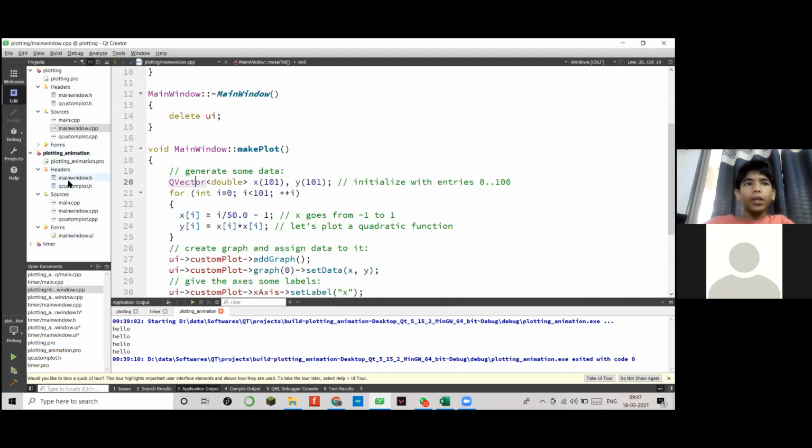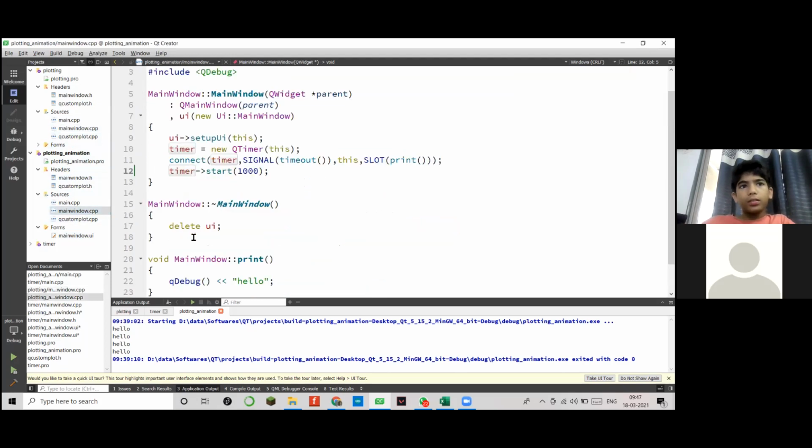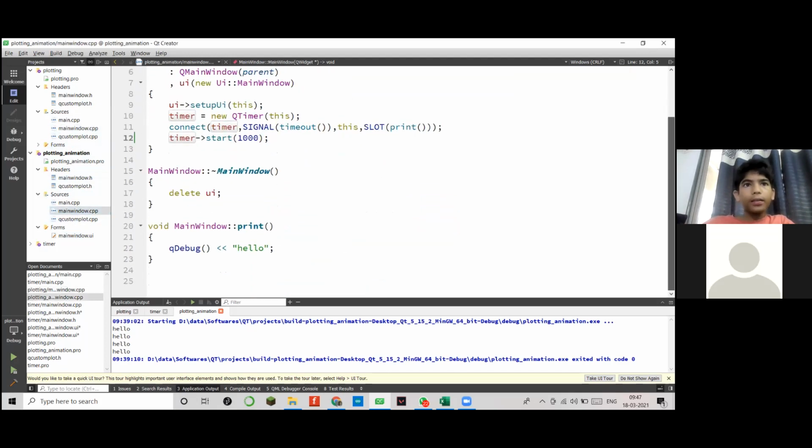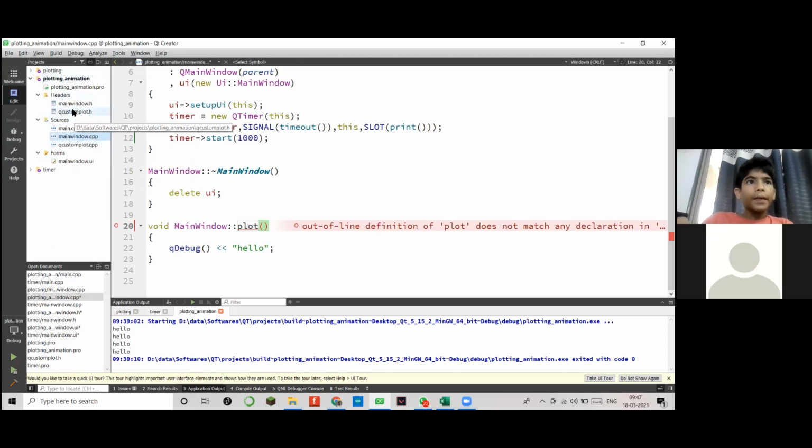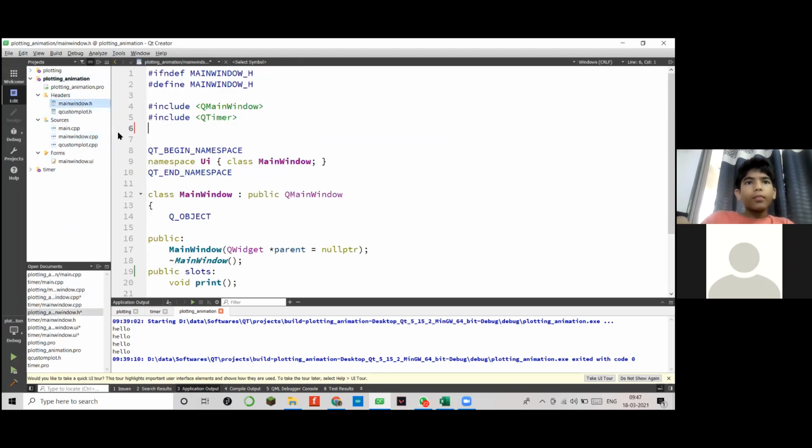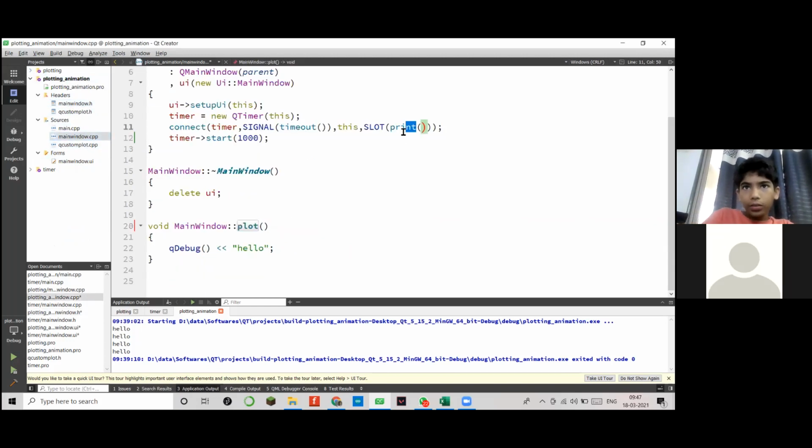Okay, and I'll go here, sir. And I will keep a function called plot. I'll just close this. I'll make this plot, and here also I'll keep it plot.